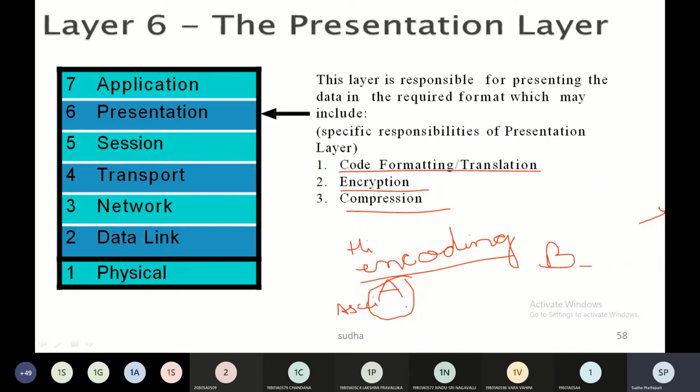Conversion is done in bits, so you need some conversion mechanism to convert the characters and letters into bit format. That is done by using ASCII, which is American Standard Code for Information Interchange. Say the encoding scheme of system A is ASCII, and the encoding scheme of device B is, for example, HTML encoding or some base 64 encoding. Now there should be compatibility between these two.